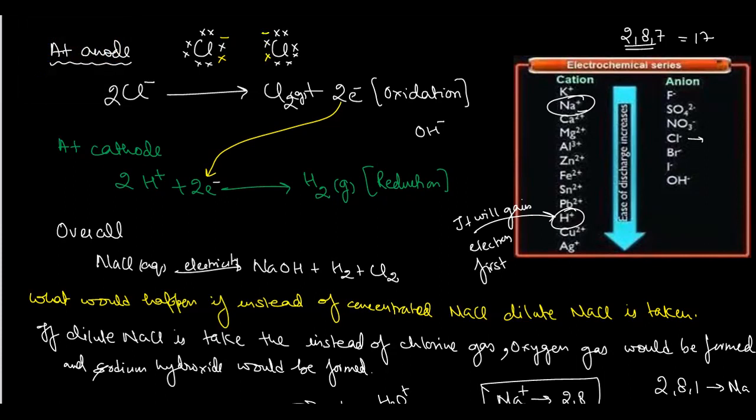So what happens at the anode is that they donate their 1 electron each. When they donate their electrons, their charge is removed and they become Cl atoms, and these Cl atoms combine together and form chlorine gas, a Cl2 molecule. One electron gets shared here. Once this electron moves in its orbit, it also has 8 electrons, and in a similar way the other has 8. So this is the formation of chlorine gas, and here 2 electrons are removed. The removal of electrons is called oxidation.